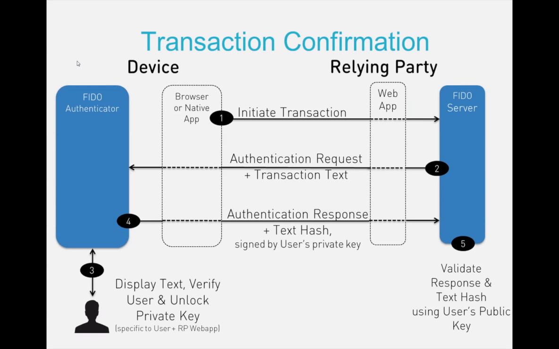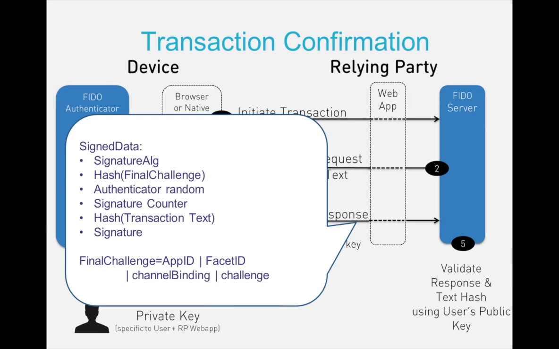This is a very effective method, especially against man-in-the-browser attacks, where someone in the browser, on the left-hand side with the dashed box, could be able to manipulate the transaction text, whatever the user sees. What we have seen is a Euro grabber attack, essentially. So if you want to protect against this kind of attack, you better implement transaction confirmation, which is supported by FIDO.